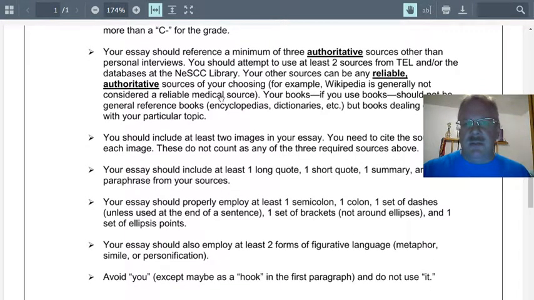You need at least 3 really good sources, not just Wikipedia or something like that. We're going to look at the TEL databases here in a second. If you want to use other sources, if you're talking about somebody else, they count as an interview source, right? But they need to be reliable. You should know who's writing it. It should be peer reviewed. Should be dated. Shouldn't just be general stuff you find out there on the internet.